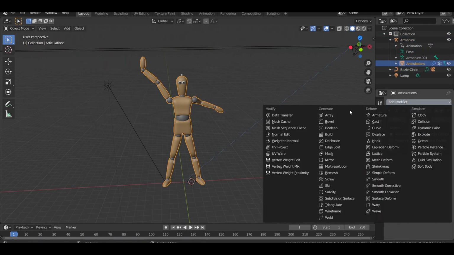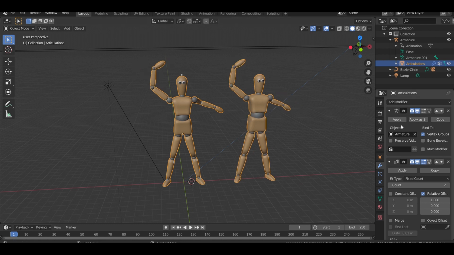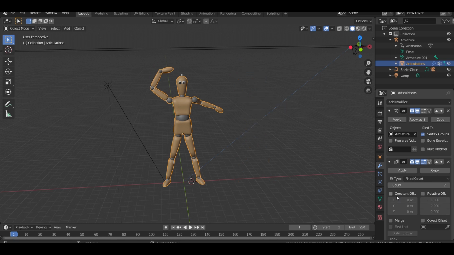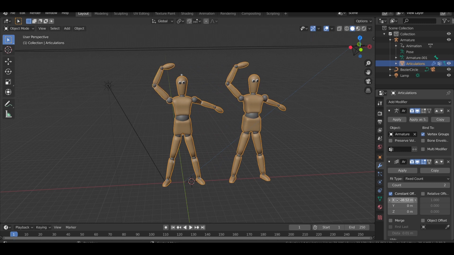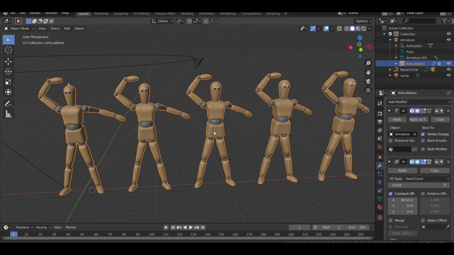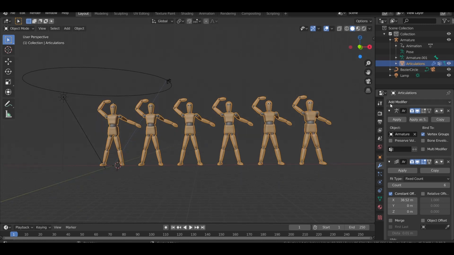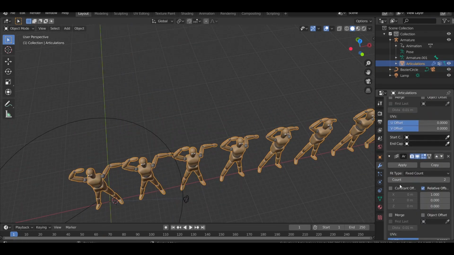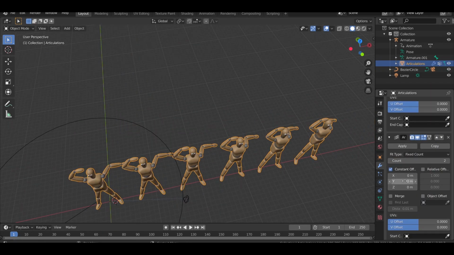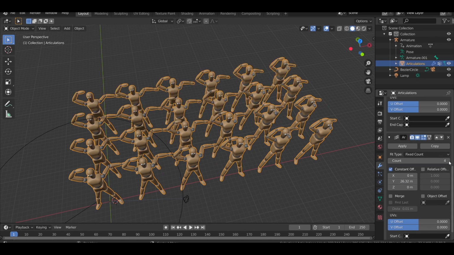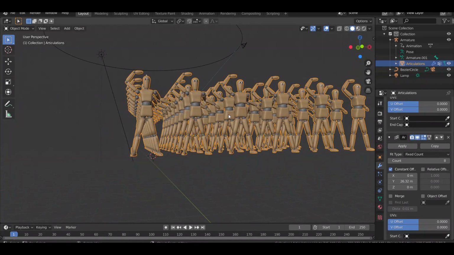This, we're going to make an array. Look at him now. But we don't want to do relative, we want to do the constant. And then we can do a few of them like this. Maybe 5, maybe 6. And then we'll do another one of them. We'll do constant offset of y. Maybe make a couple of them there. Now we have a dancing army